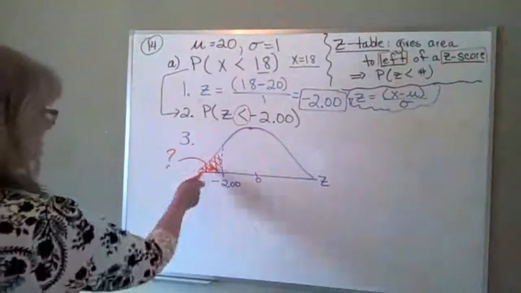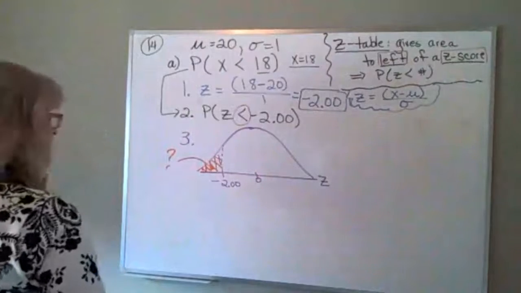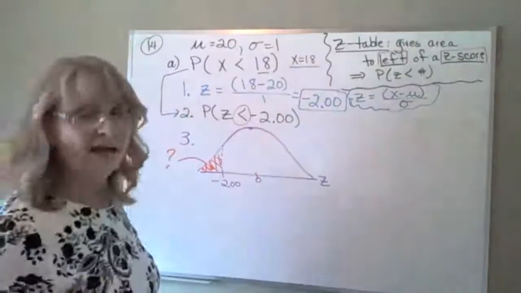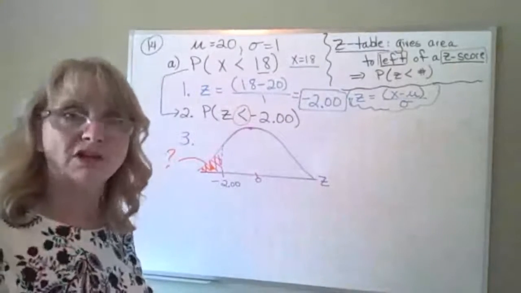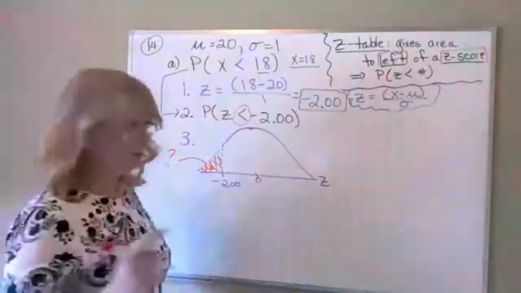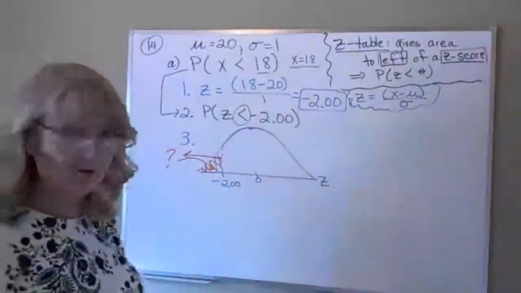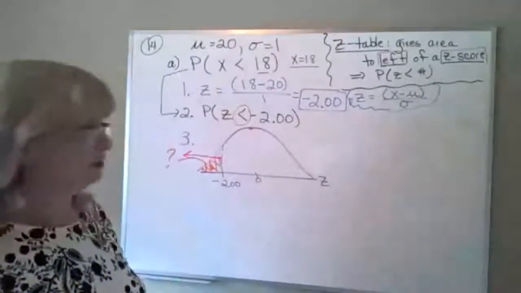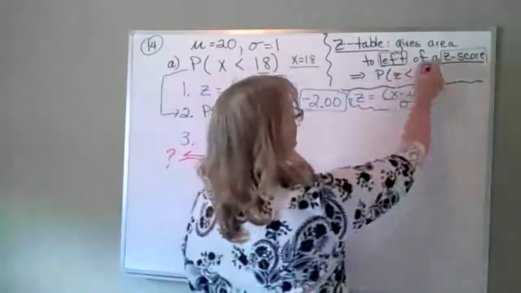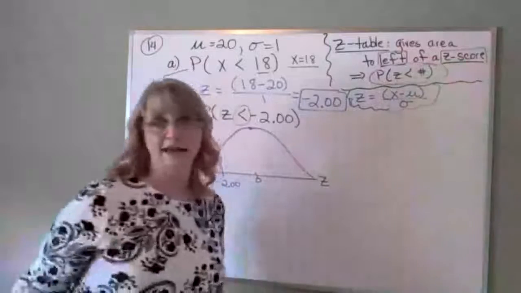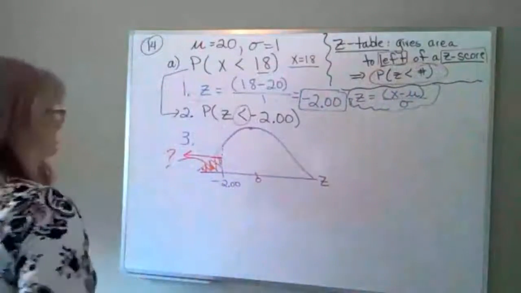Okay, so that's the area I'm looking for. I shaded it. Now I want everybody to practice using your z-table. What that z-table is going to give us is the area to the left, which on this question is all we're looking for because it was a less than question. And the z-table does give you less than probabilities. So using the z-table,